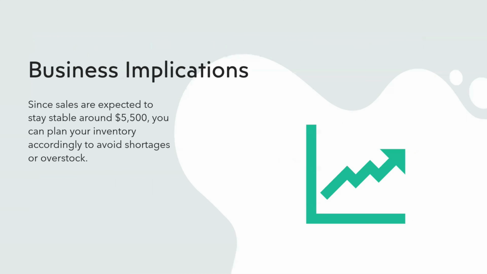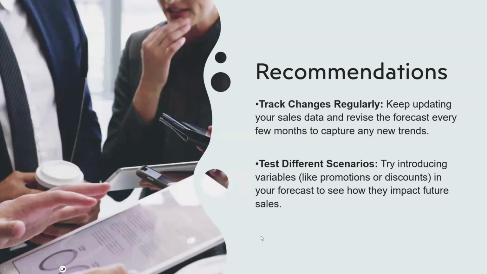Business implications. Since sales are expected to stay stable around $5,500, you can plan your inventory accordingly to avoid shortages or overstock. Recommendations. Track changes regularly, keep updating your sales data, and revise the forecast every few months to capture any new trends. Test different scenarios. Try introducing variables like promotions or discounts in your forecast to see how they impact future